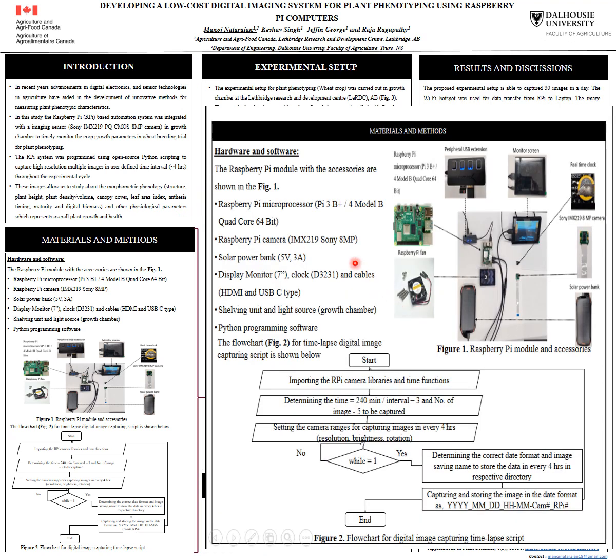Moving on to materials and methods. Hardware used. In the study, the main hardware of the sensor system is the Raspberry Pi module 3B and 4, quad-core 64-bit with 2 GB RAM, as a microprocessor to control the image capturing. The Raspberry Pi modules were connected to the Raspberry Pi camera version 2 RGB via the camera serial interface on the Raspberry Pi microprocessor. These camera sensors are based on an 8 megapixel image sensor, and the active pixel count of the camera is 3280 by